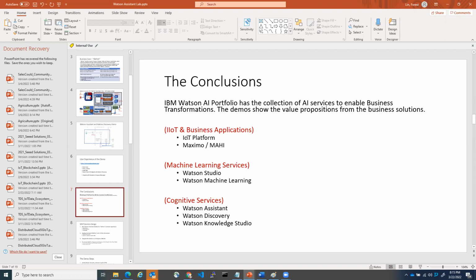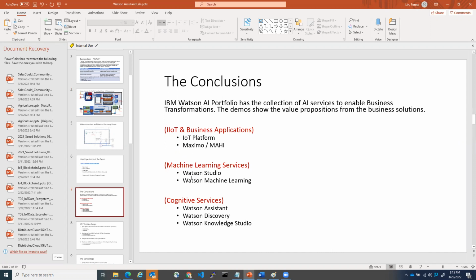IBM has the Watson IoT platform. IBM has Maximo and Mahi as an enterprise asset management business application, and they can automate the work order creation process. They also can make more precise predictive analysis of the asset score or asset conditions, and also